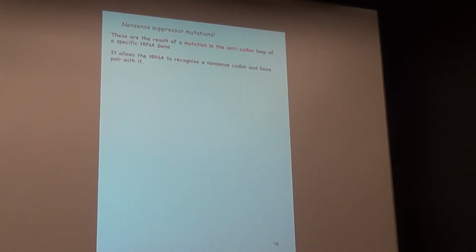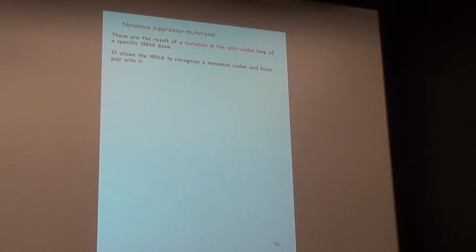So these are called nonsense suppressor mutations. It's a class of transfer RNA mutations that alter the anticodon sequence in transcription. And you can alter them in all sorts of weird ways. We're going to focus on one class called the nonsense suppressor mutations. So if you make a mutation in the anticodon sequence of a transfer RNA so that it now can interact with a stop codon,